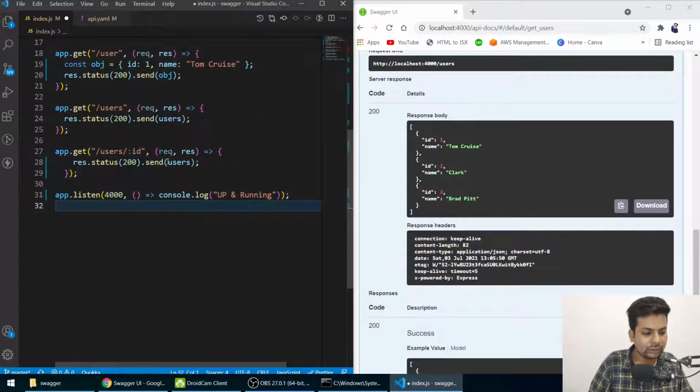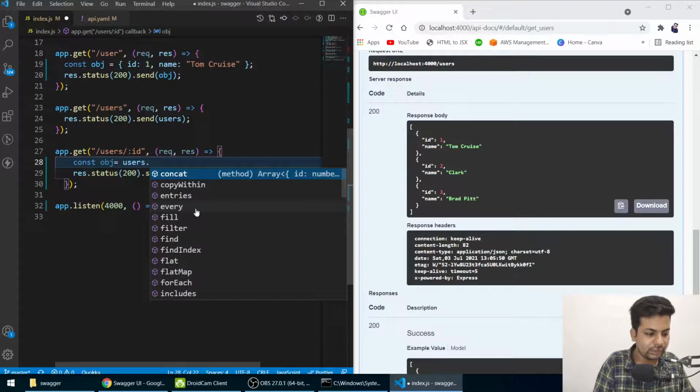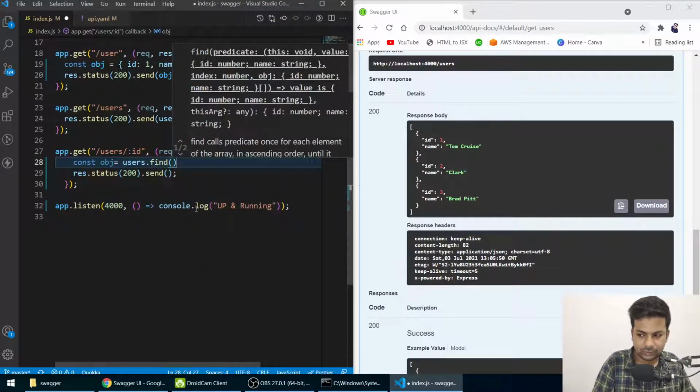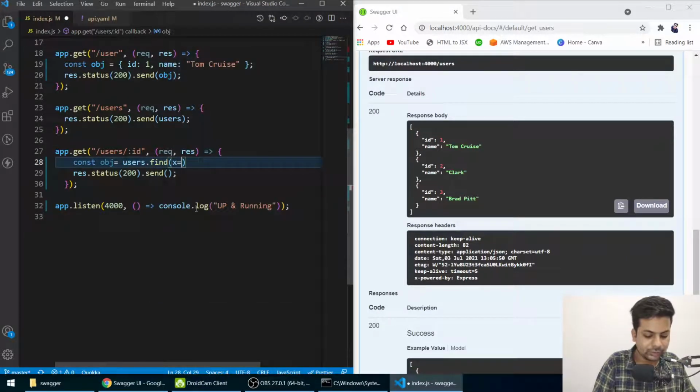Now I'll say res.send users, and I'll say const object equals users.find, x, like it will loop over it, and then we'll return x.id.